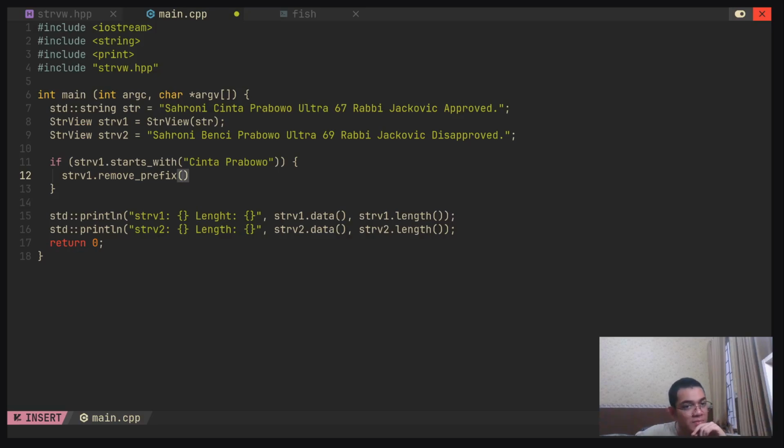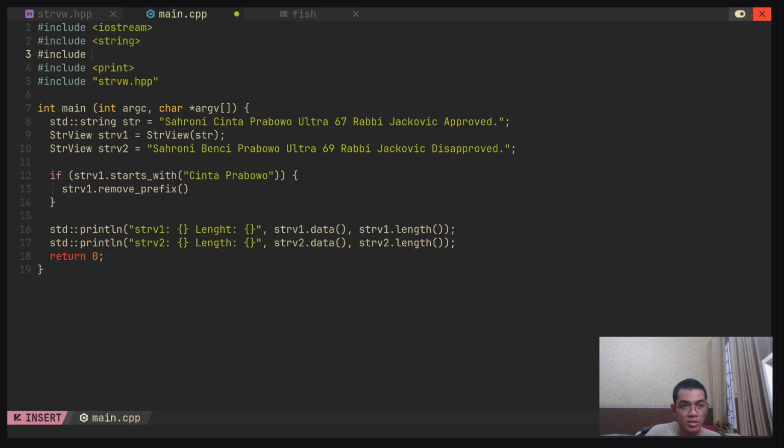I could just pass this. We have length, strlen. Is it C string? Yeah, it's using C string. So I'll just use hashtag include cstring, just to put strlen here, which will work with that. Cinta